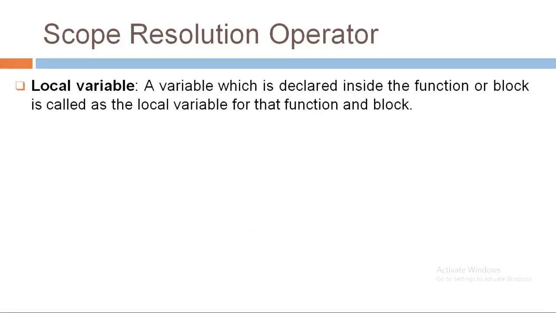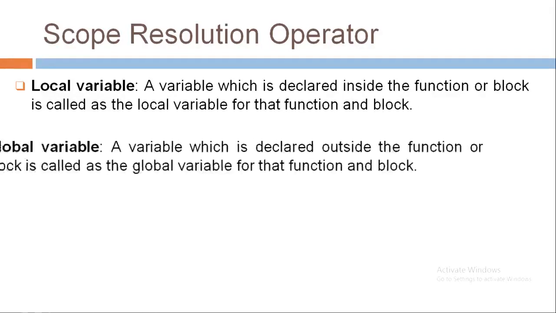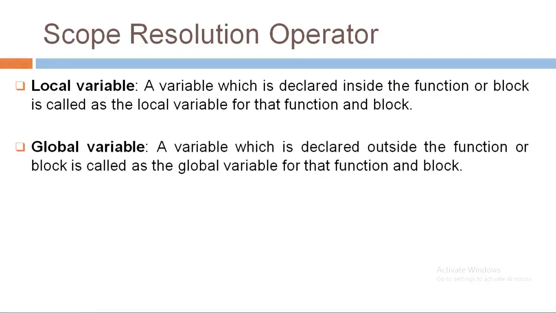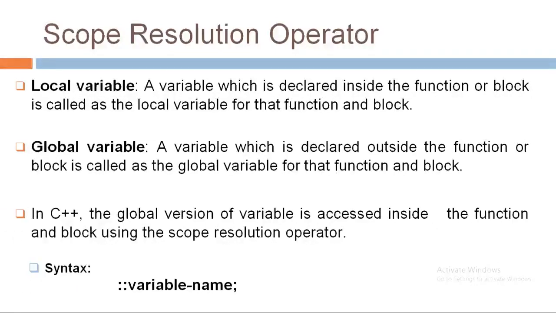As we all know, we can declare variables either globally or locally. That means a variable which is declared inside a function or block is called local variable for that function, and a variable which is declared outside the function or block is called global variable for that function. Friends, in C program, if we want to access a global version of a variable inside a block, then it is not possible. But in C++, the global version of a variable is accessed inside the function and block using